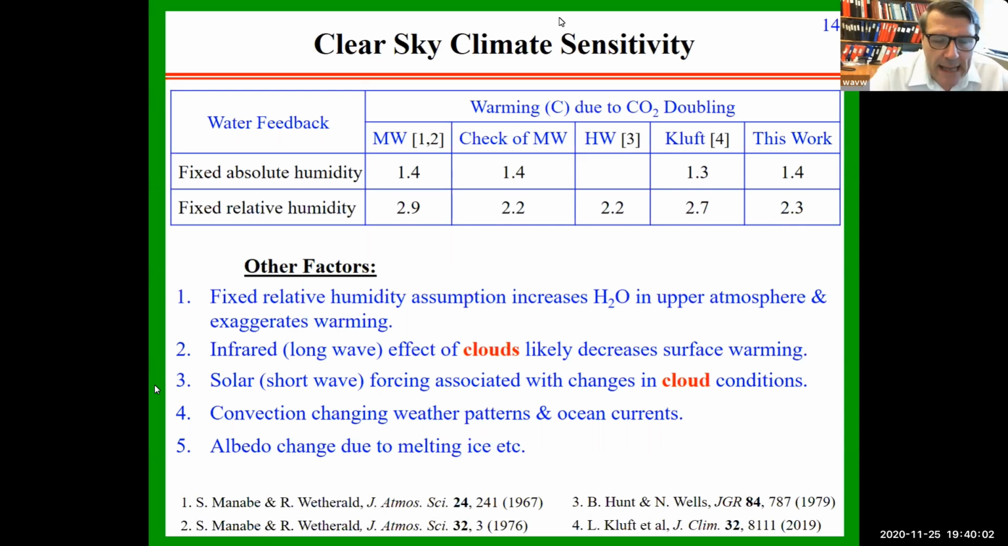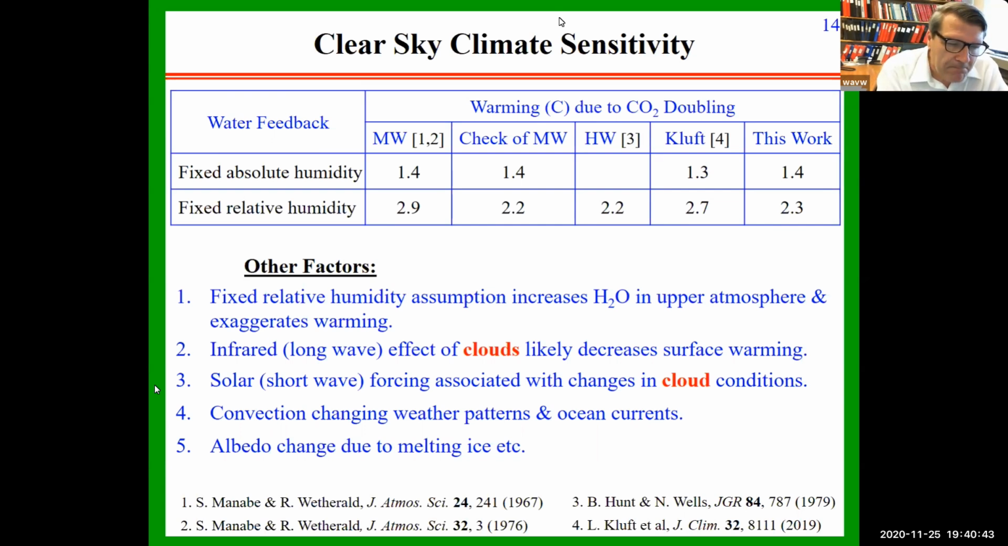But let's presume it has, and let's presume water vapor has increased so that the relative humidity remains constant. If you do that, higher temperature means more water vapor. Then you see the temperature goes up by about 2 degrees instead of 1.4. Now, of course, there are a lot of other factors to consider when you consider temperature increase. The first thing I talked about was that the relative humidity assumption has not been rigorously established by a long shot